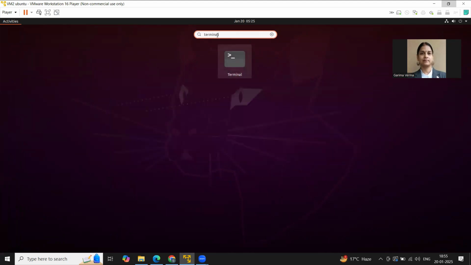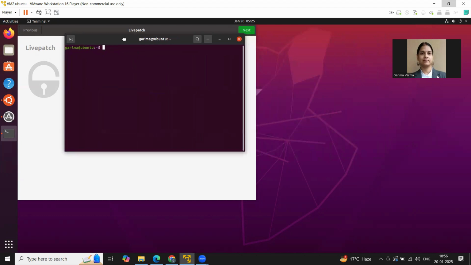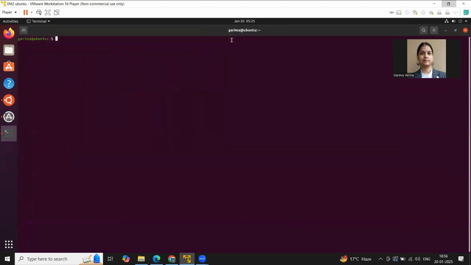And if these dots are not coming and you only get a plain screen, then you can right click on the screen, and you will have the open terminal option. From there you can open the terminal. So this is the terminal that I have got. Basically, whatever commands you are going to run, you'll perform over here only.